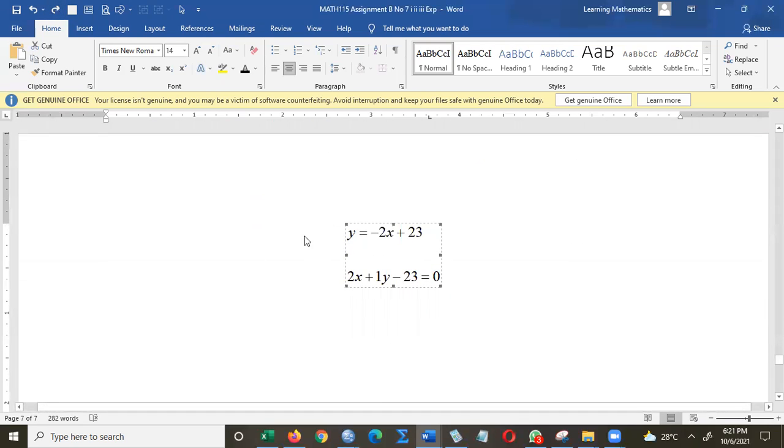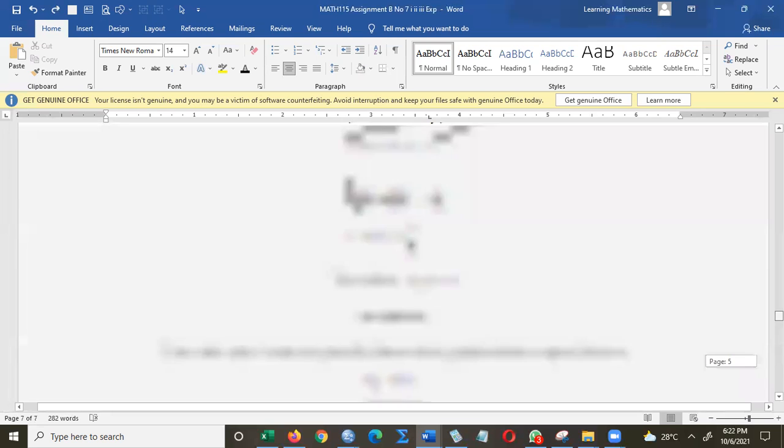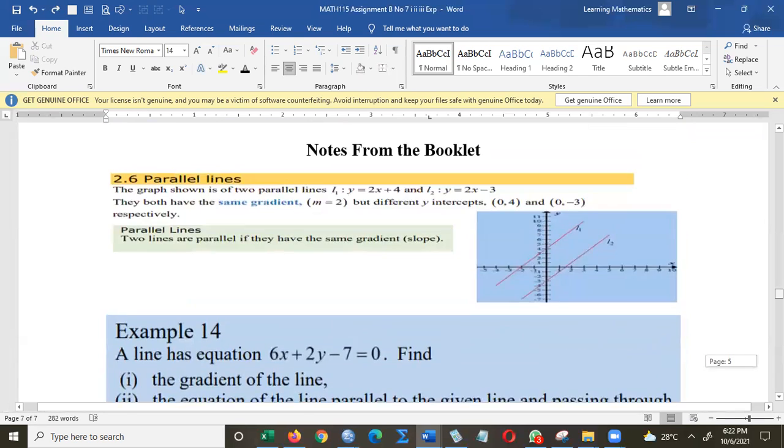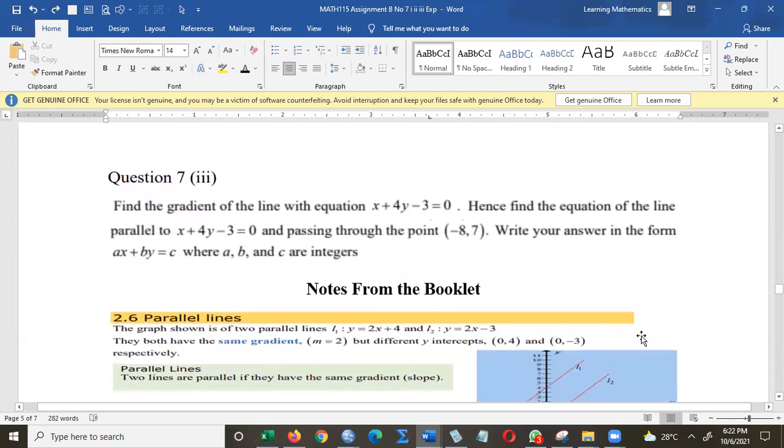Now, we are not through because we have to write it in the form ax plus by plus c equals 0. So we transfer minus 2x across, it becomes positive. We cancel out 23 by subtracting, and here it is, 2x plus y plus c, which is minus 23, is equal to 0. So you have to apply this now to question number 7, part 3. Always watch the videos with pen and pencil and your notebook for you to be practicing, and then apply it now to the